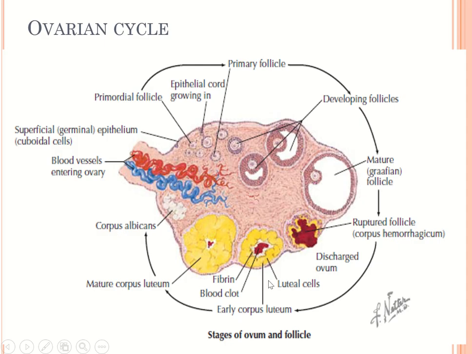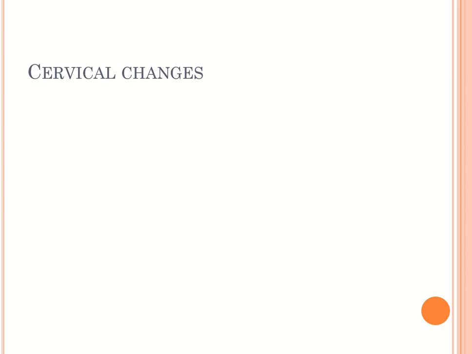So in the uterus, there will be secretions happening, because once the ovum is released, by the time the sperm enters, if fertilization happens, all this hormonal support is provided by the corpus luteum. If fertilization happens, the corpus luteum will get converted into what is called the corpus luteum of pregnancy, which will slightly increase in size and produce more hormones. Those are the changes we saw till now in the endometrium and in the ovary.